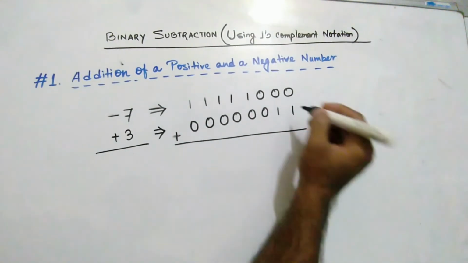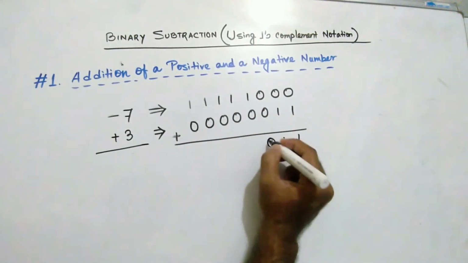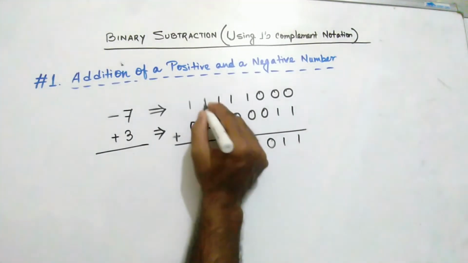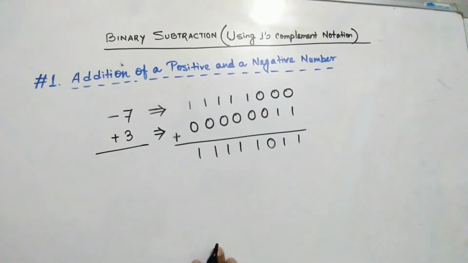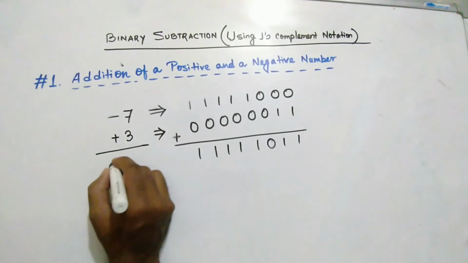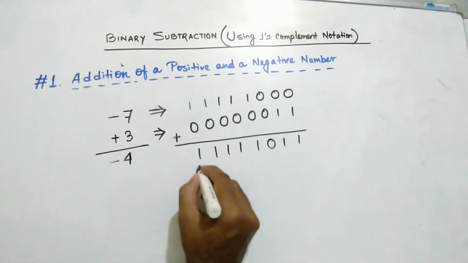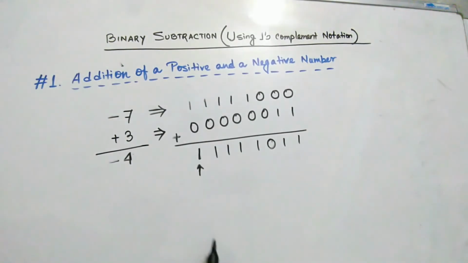Now our next target is to add these two numbers. If we add these two numbers, we will get 0 plus 1 is 1, 0 plus 1 is 1, 0 plus 0 is 0, 0 plus 1 is again 1, 0 plus 1 is 1, 0 plus 1 is 1, 1 plus 0 is 1, 1 plus 0 is also 1. So this is the sum that we have got, and if we notice carefully, no overflow is generated here. The answer is exactly correct, as adding these two numbers should give a negative number. So the sign bit should be 1 in binary, and we have got the sign bit exactly 1.